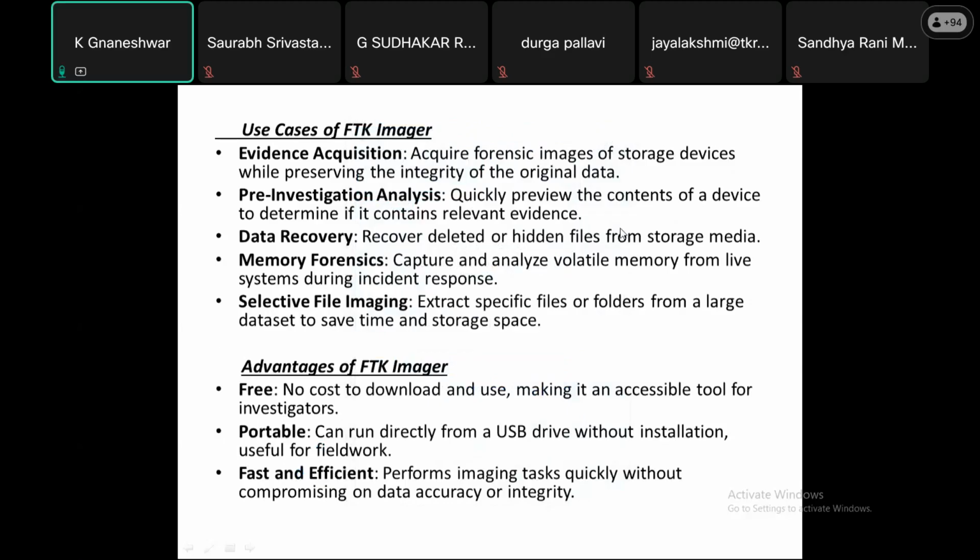We simply need a normal laptop. Hardware requirements are normal, minimum 4 GB RAM, which is the minimum in nowadays laptops, and a 500 GB hard disk. Normal requirements only. Specifically, no need to purchase or copy any software, everything is available open source on Google. So it's a better practice, especially in computer forensics.